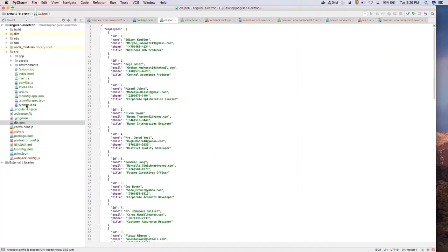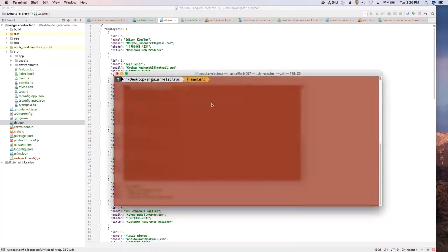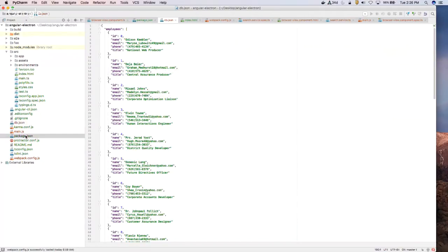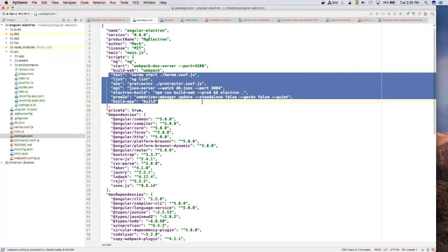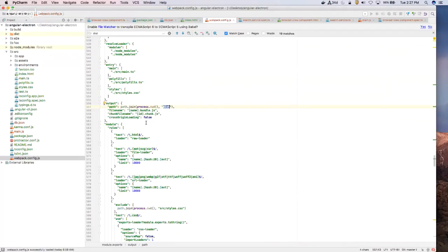So once that is in place, what I had to do was ng eject, and that basically put new scripts in my package.json file. It tells you what goes on behind the scenes, so linting and testing, and using Webpack, which I've just renamed here. And in the Webpack config,